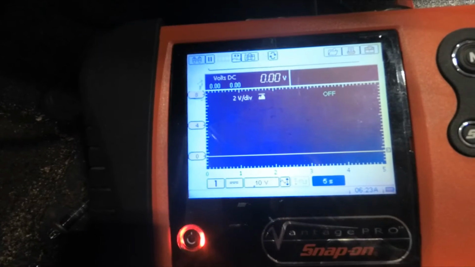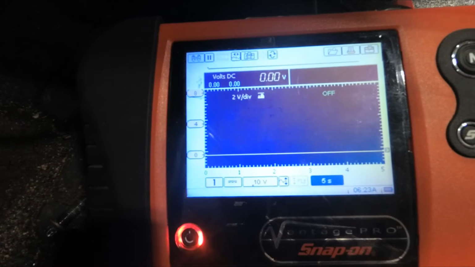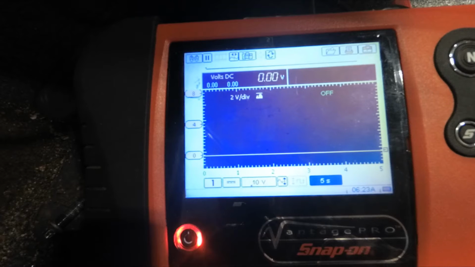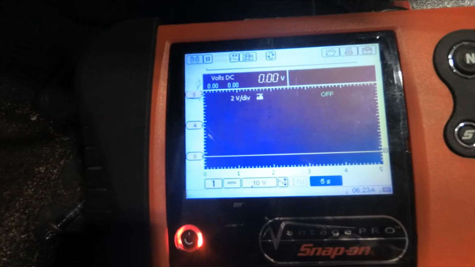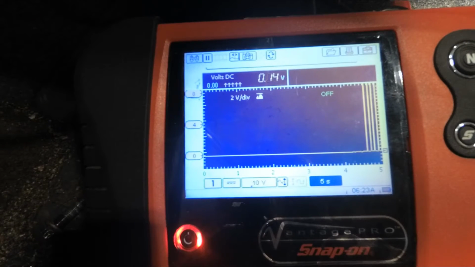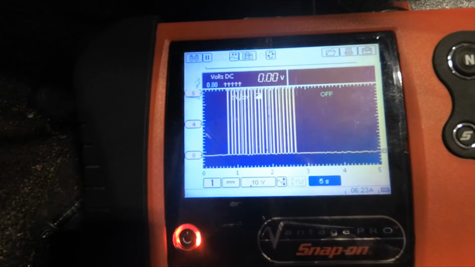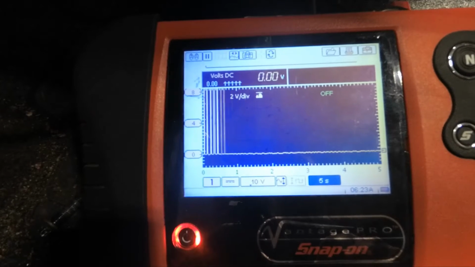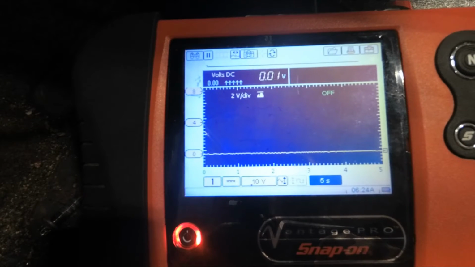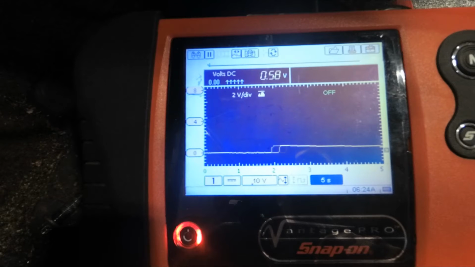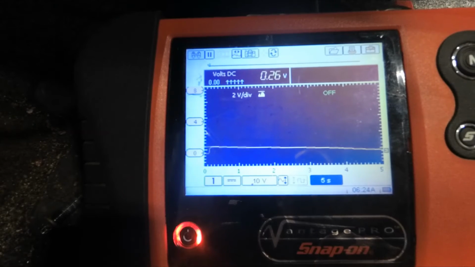So we're back pinning those 2 wires, which is the seat position sensor, and we're going to turn the key to the run position and see what happens on that circuit. Go ahead. Now you can see there's some voltage pulses, and then they disappear. Now turn the key off again, and you can see the voltage climbs to about 0.7, and then it slowly drops back down to 0 basically